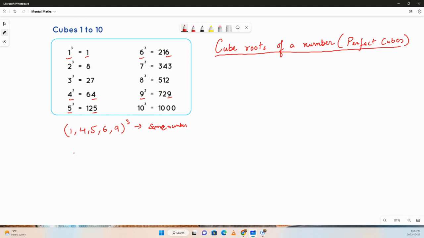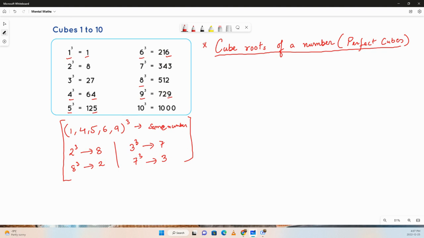And then we have 2 cube, which ends with 8, and 8 cube ends with 2. Same thing for 3: 3 cube ends with 7, and 7 cube ends with 3. These are the prerequisites that we need to know before we go into the steps for solving the